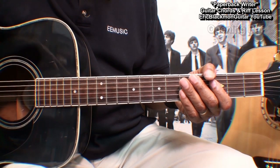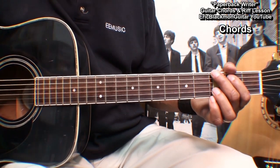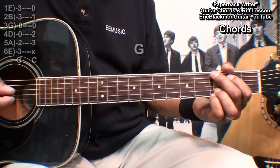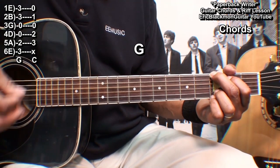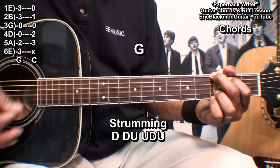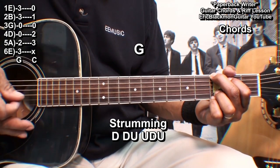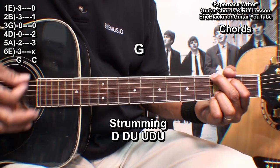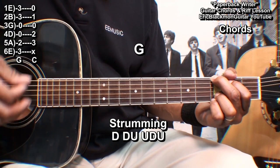I believe that with a little practice, you can do that. Now we'll go to the chords. For the chords, we're just going to strum a G chord, just like that. The strumming pattern is down, down, up, down, down, down, up, down,